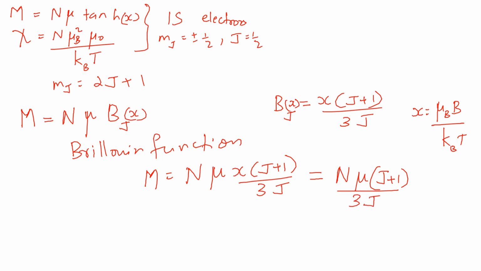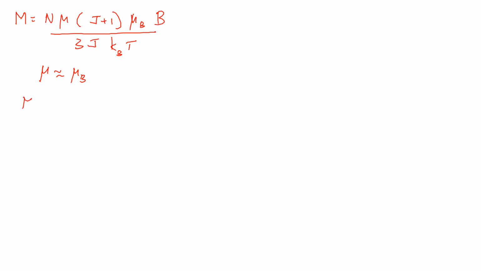Instead of x, you can write mu_B times B divided by k_B T. So magnetization M equal to N mu (j plus 1) mu_B B divided by 3j k_B T. Now we know that the value of mu is approximately equal to mu_B. We can write it as M equal to N